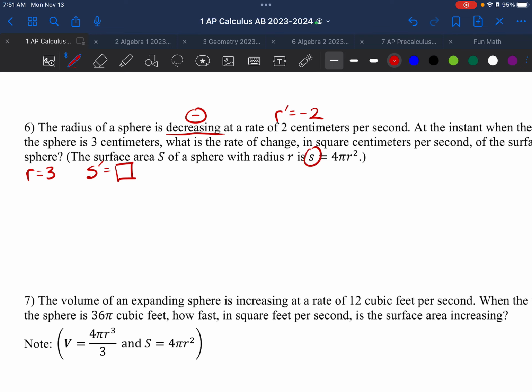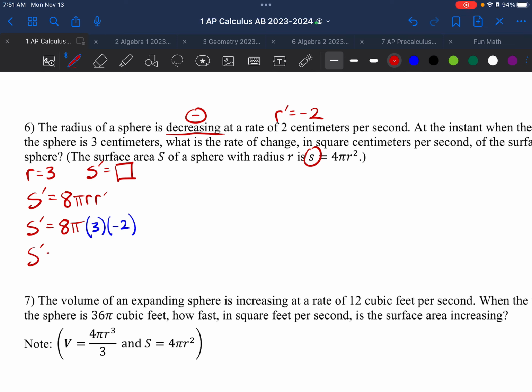then we need to take the derivative of this function. So S prime, I know what you're equal to. You're equal to 8 pi r r prime. Again, this is one of those that I just plug in. R prime gets plugged into r prime, r is plugged into r, and I think we're done with this one. So S prime is equal to 8 pi, r is going to be 3, there it is, and then r prime is going to be equal to negative 2,